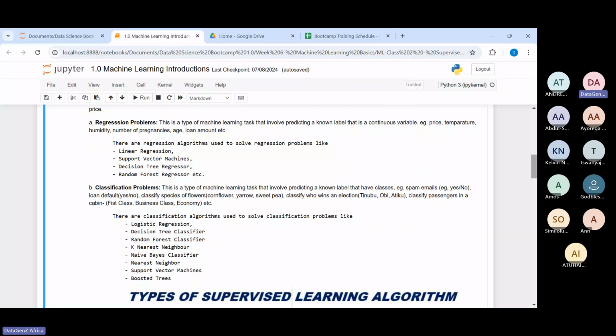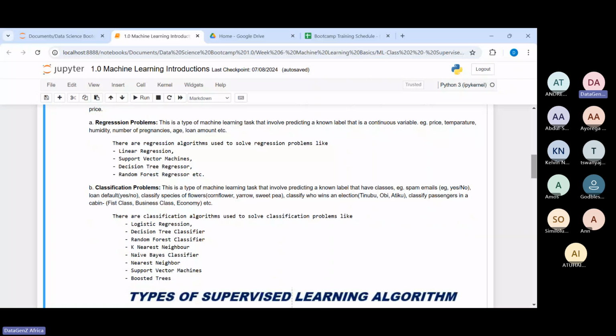So all of these algorithms are actually Python packages. During the Python for data science class, we learned about packages like pandas and numpy. So some of these, like logistic regression, are packages that have been written by researchers. A lot of mathematical models are involved, but they've developed it such that you can use that algorithm on your data, and then it's able to make predictions for you based on